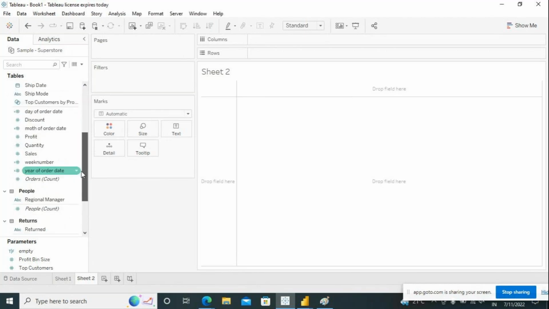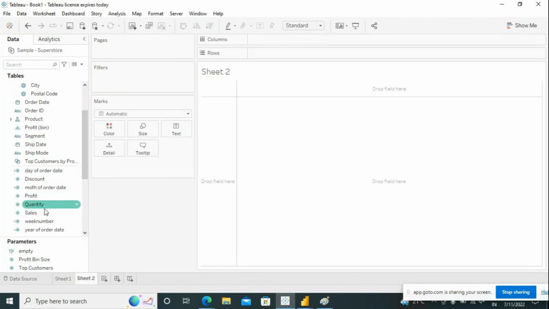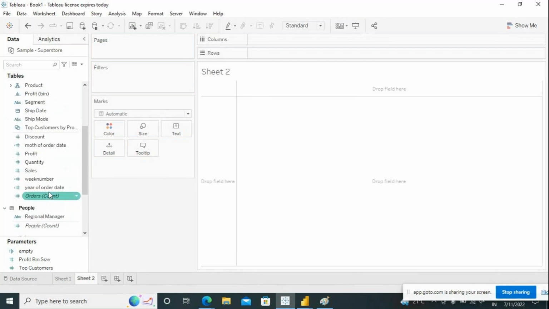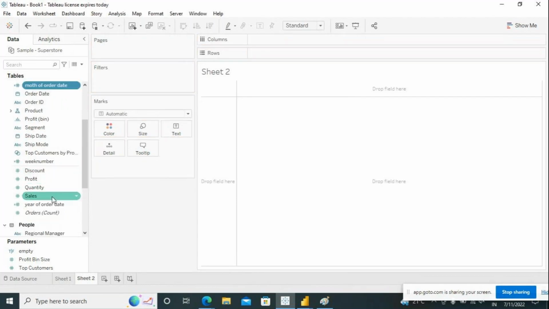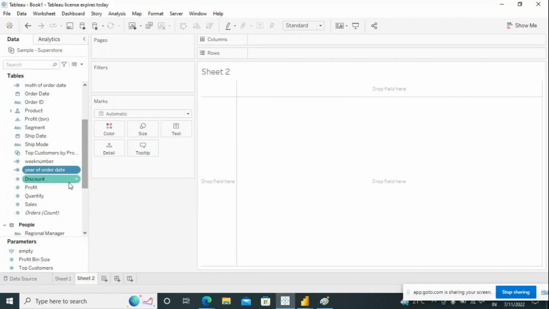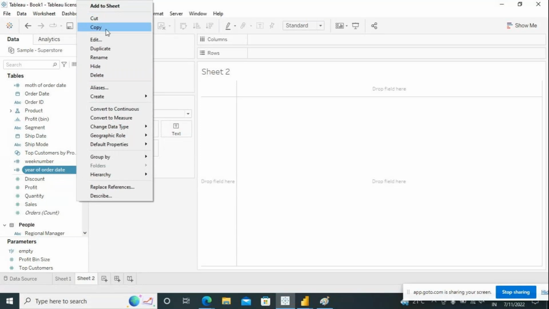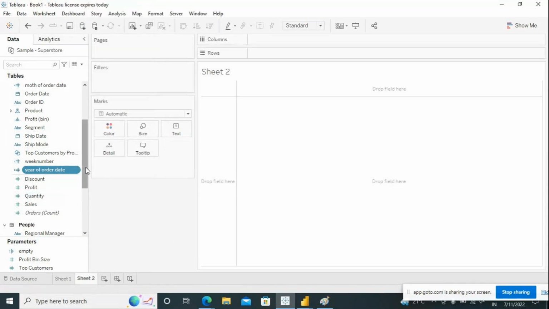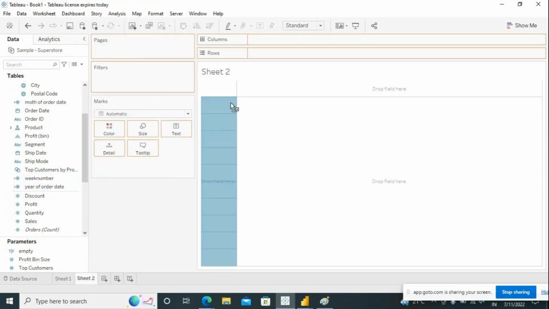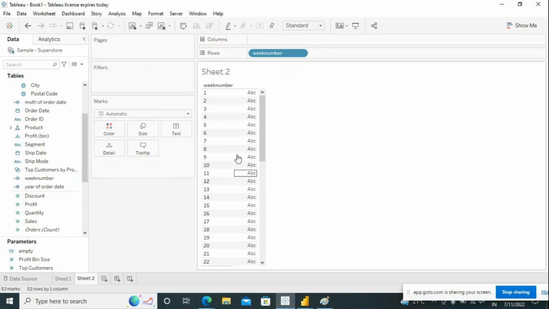Let's go for converting all of this. Try to drag them: day of the order date, week number, month of order date and year of order date. Put them as discrete values. Now I can go for show parameter on year. Show. Okay. Let's see the week number, drag into rows. We are getting all the week numbers